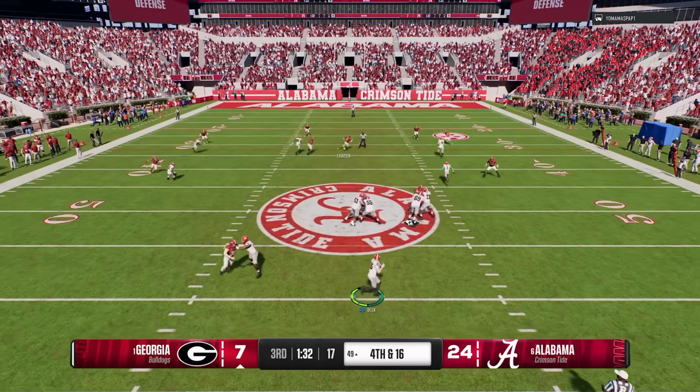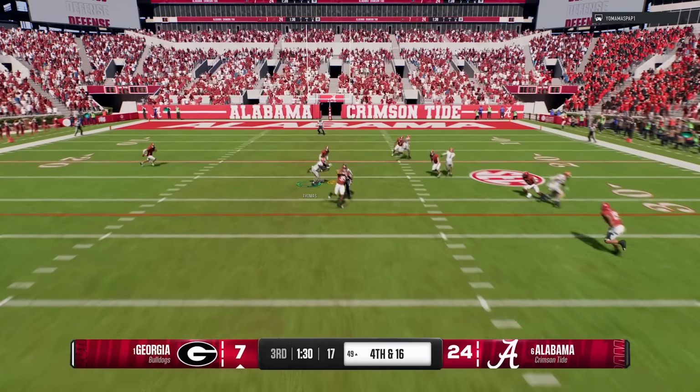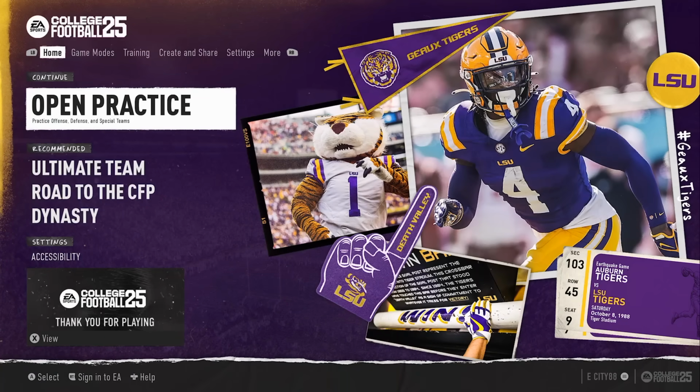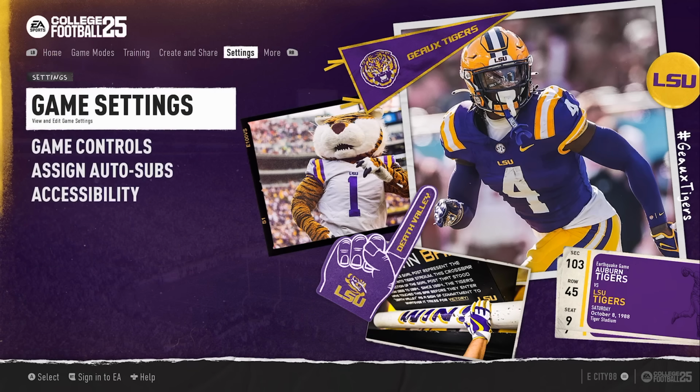Here are 8 important settings that will ensure you're not ruining your chances of winning games in College Football 25. Now, the first few settings we're going to go over are going to be in the main game settings menu. So to do this on the home screen, you can tab over to the settings menu with RB or R1